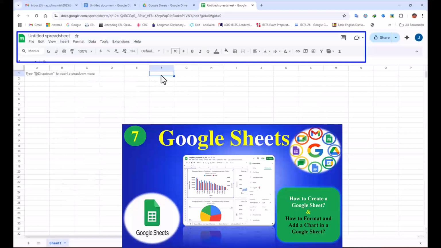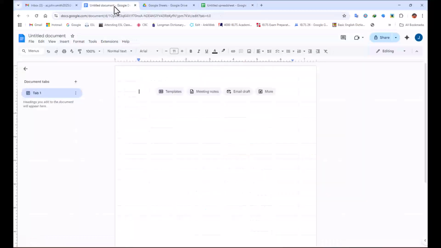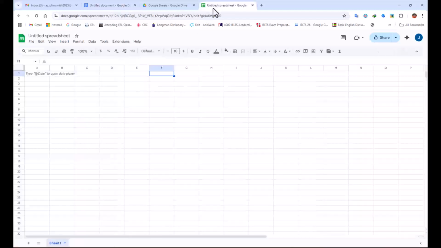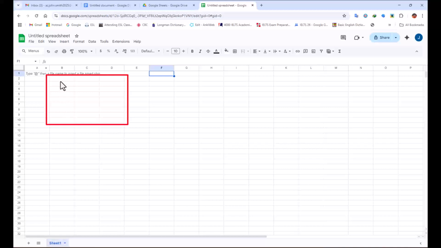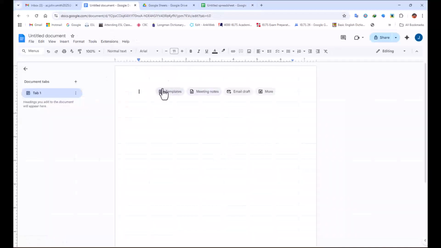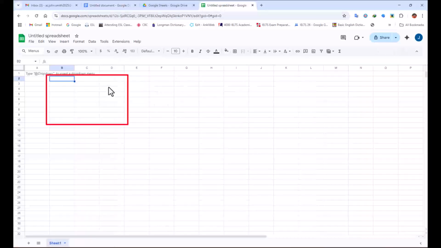As you see, the difference between Google Docs and Google Sheets is that in Google Sheets, we have many cells, and each cell is exactly similar to one of the documents, where you can put lots of pictures and text, but the point is that they are integrated to each other. They are connected to each other. If you write something here, you can write a formula between them.